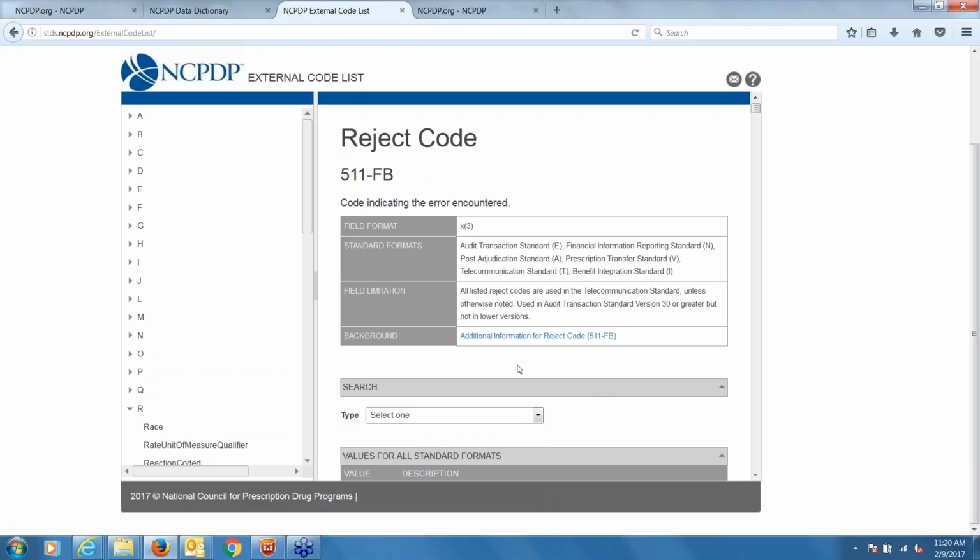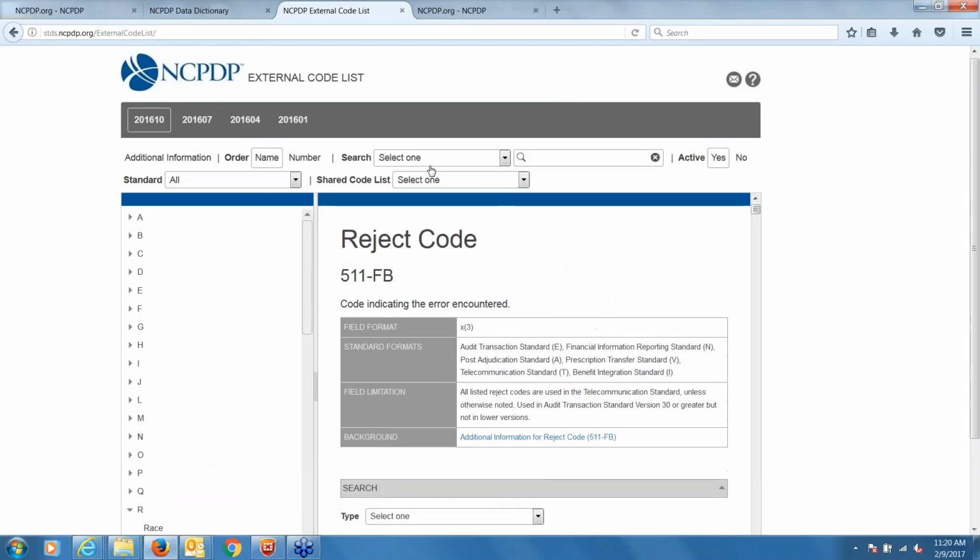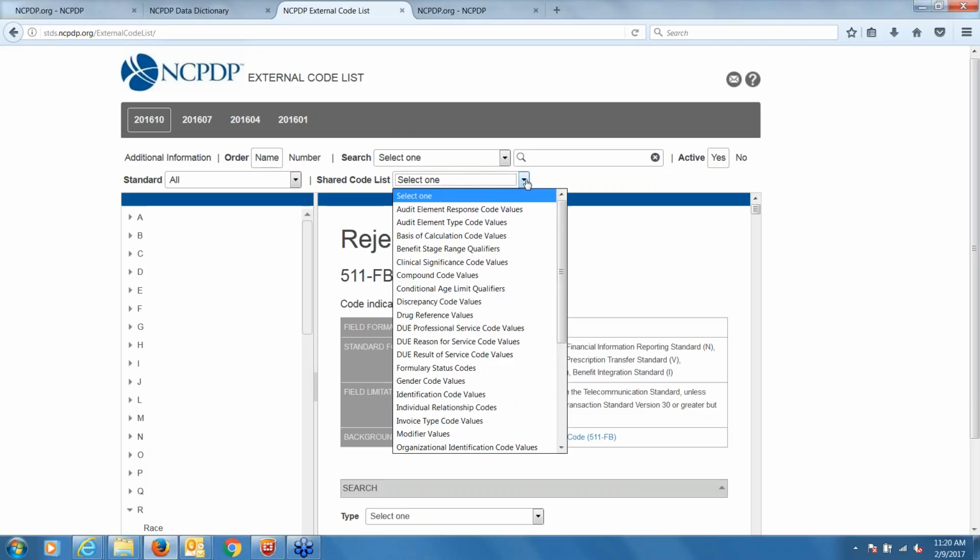So if you search up the upper level, that is for the entire ECL, but searching at this level searches the particular code that you have pulled up and want to find out. So if we look at a shared code list,